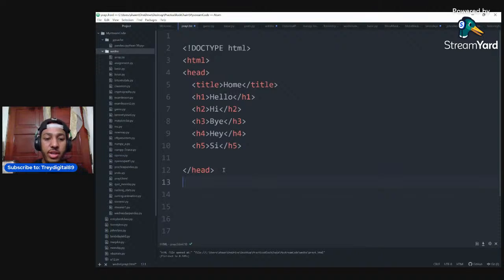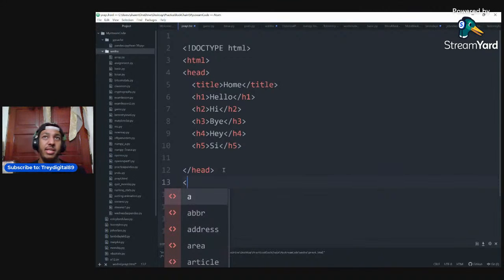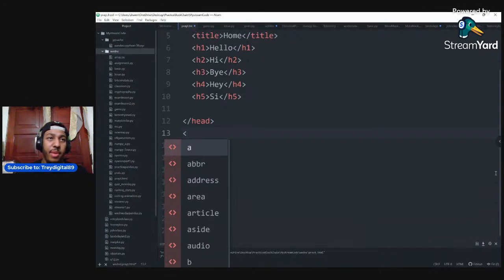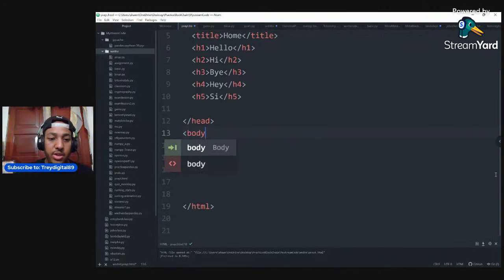Now under here is considered the body tag. The body tag is the whole page. It's the body of that page. So the header is going to be up top, and then the actual body is pretty much the whole page, the body of the page. So we're going to have the body right here,